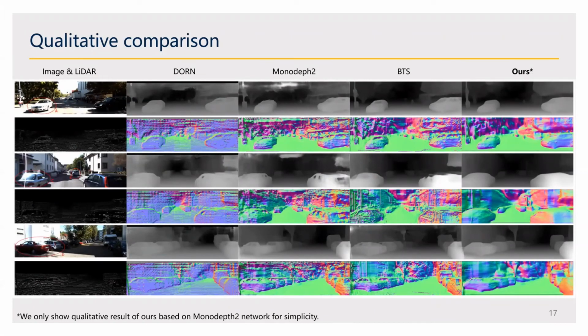We also want to show the effect of the C3D loss in a more intuitive way. On the left, we show the RGB images and LiDAR scans. On the right, the depth prediction and converted surface normal direction from baseline methods and from our approach are shown. We can see that our approach reduced the black hole effects due to lack of supervision at the car window area. Our approach also reduced the fake texture in depths inherited from the RGB image and generated a smoother surface, which is more apparent in the surface normal images.